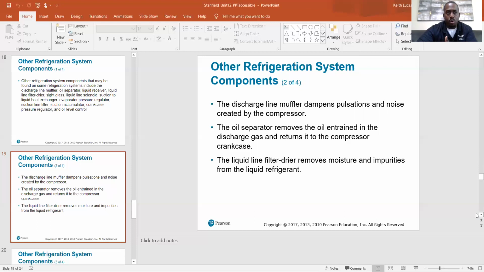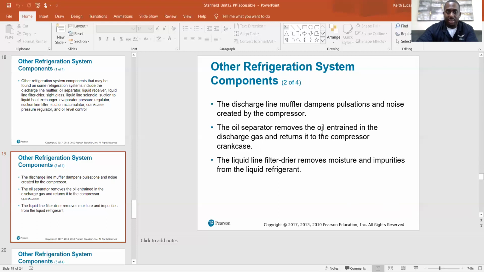The larger units, commercial and industrial stuff, you'll start getting into more components. Basic residential units usually don't have all those things. Usually you'll have your filter dryer and then your other 4 basic components, and that's usually it. You know, a couple pressure switches. But anyway, so the discharge line muffler